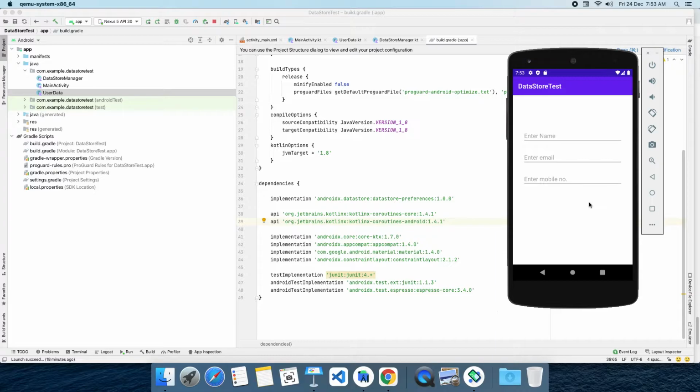So instead of clearing the values, we are going to give the user one button. When tapping that button, we are going to save all of this information inside the preference container. So whenever the user relaunches the application after some time, we will take that information back from the preference data store and display it on the UI. Even though we close the application, our data is still there in the preference data store, and we get it after launching the application and display it on the user interface.